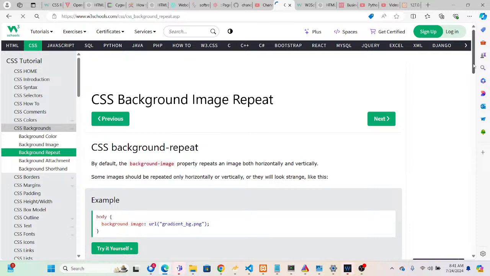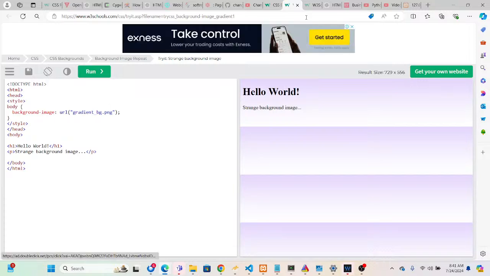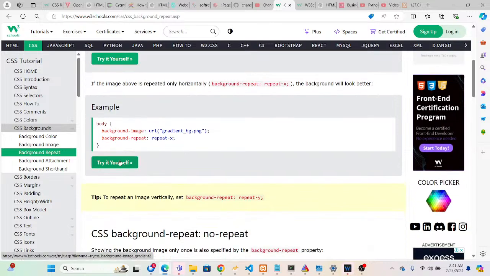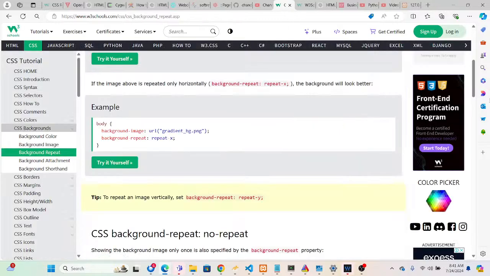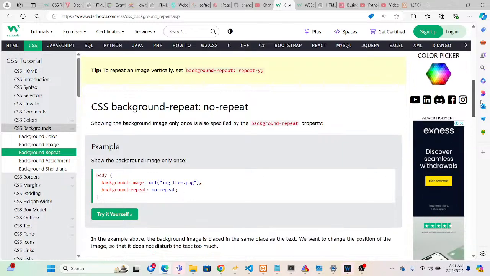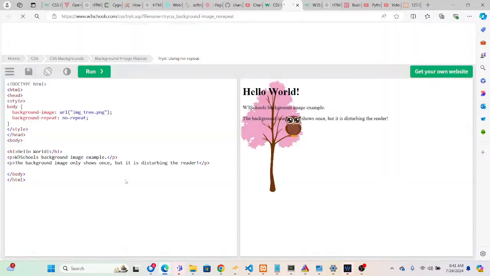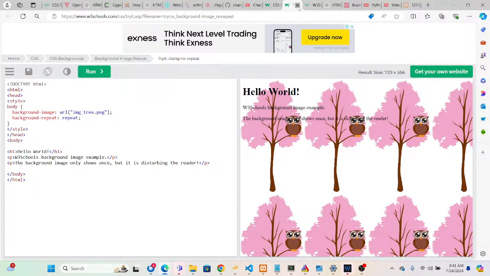So if you want to repeat, you can use repeat, and that particular image will be repeated. It is horizontal, so repeat-x. If you mention no-repeat, then it will not repeat. If you keep repeat, then that will be repeated, right? Okay,